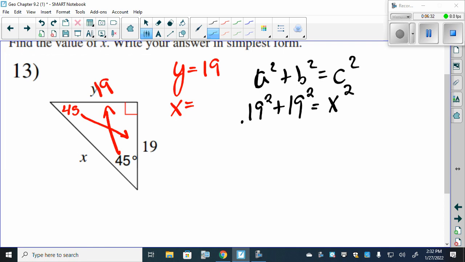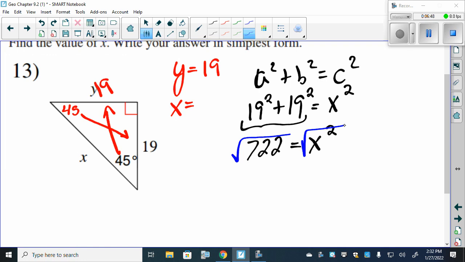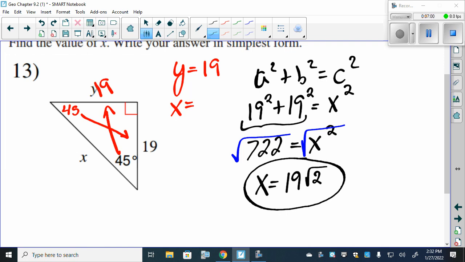And if we type this into the calculator, we would get 722 is equal to x squared, our hypotenuse. And if we square root both sides, square root of x squared is x, and square root of 722 is